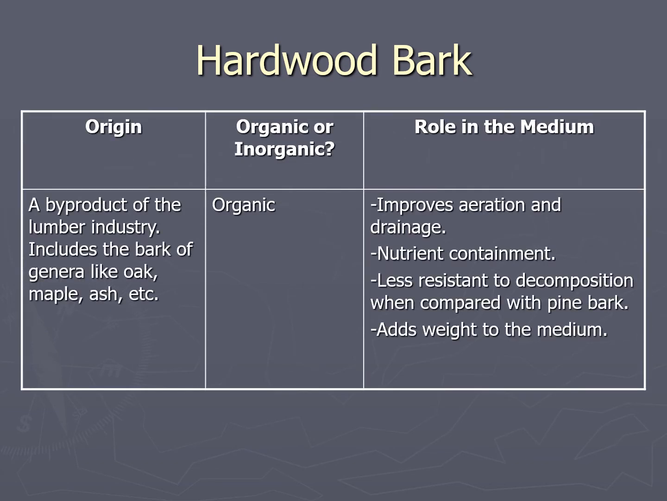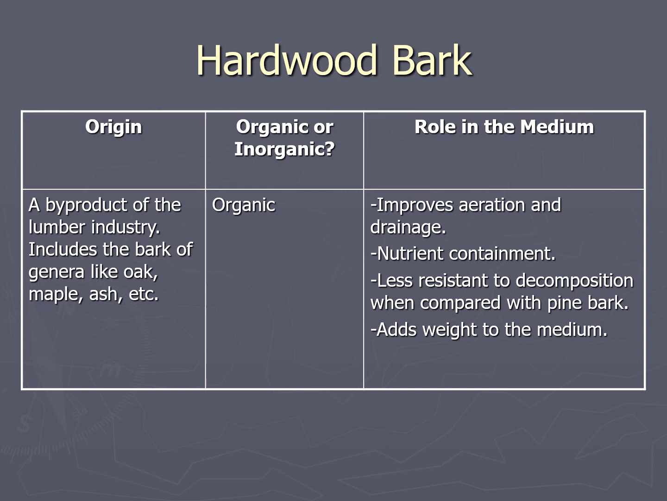Hardwood bark is another organic media component. So this is different than pine bark because the hardwood bark is going to come from different genera of trees that would include oaks, maples, ash trees, etc. So we're not talking about pine bark, we're talking about the bark of trees that are known as hardwoods, and hardwood bark could contain the bark of several different tree genera, and we just went over what some of those